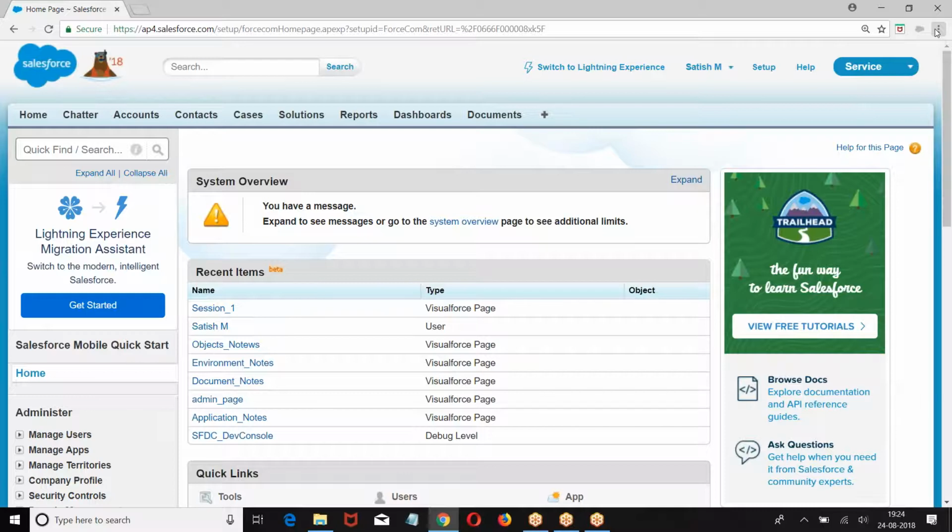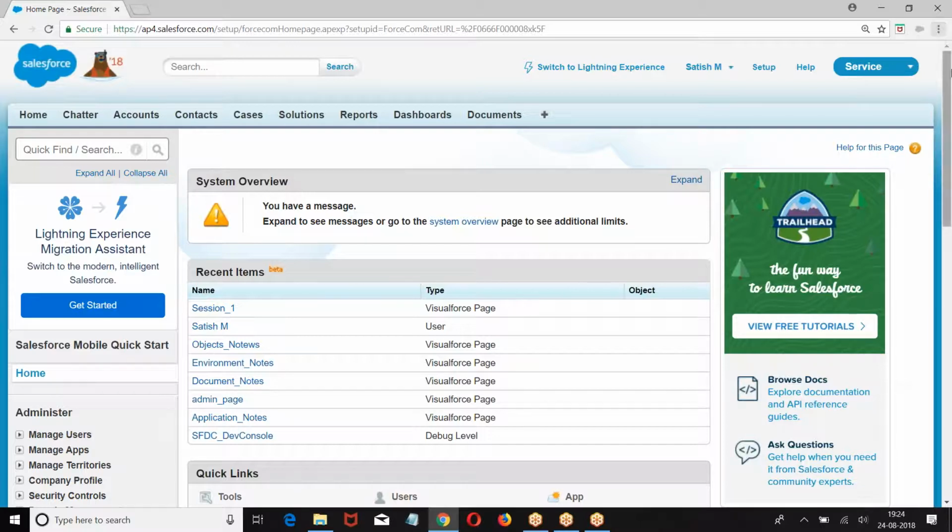So what is an object? Object is nothing but an interface between user and application. If a user wants to open anything in the application, he needs an access, he needs an interface. That interface is nothing but a tab.